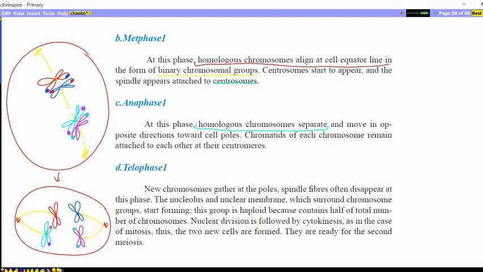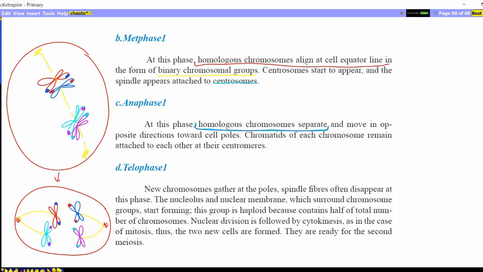We need to show them for what? For crossing over. So the main difference between anaphase 1 and anaphase of mitosis or anaphase 2 is the separation of homologous chromosomes, and they move in opposite directions toward the cell poles. The chromatids of each chromosome remain attached to each other by their